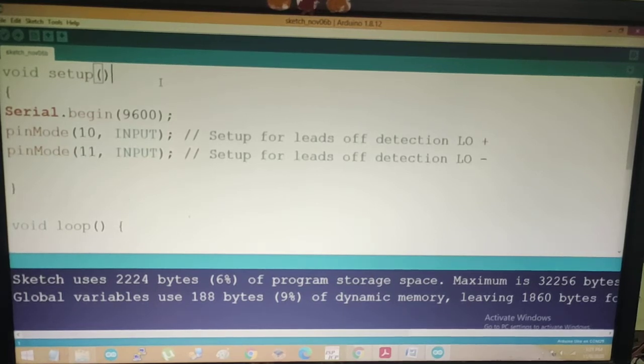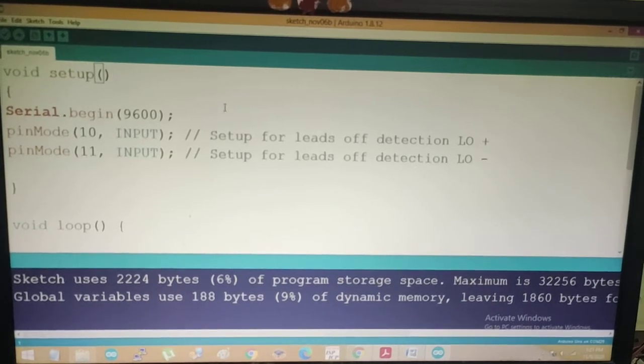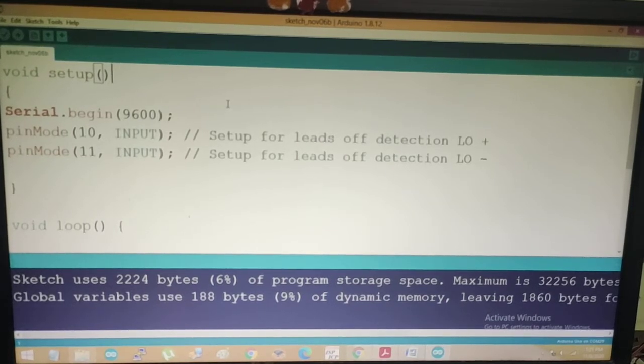So this ECG sensor we are interfacing with the Arduino Uno, and we are using UART as a protocol. We are reading the values by using the analog ADC we have. From there we read the values and convert them into digital ones, and after reading the value we plot the graph on the serial monitor of the Arduino IDE.